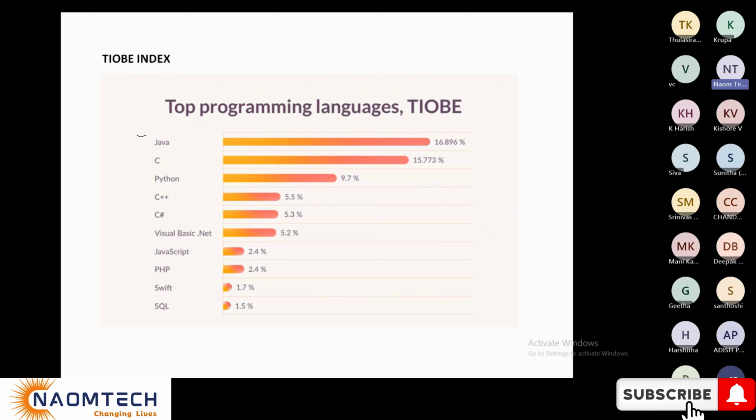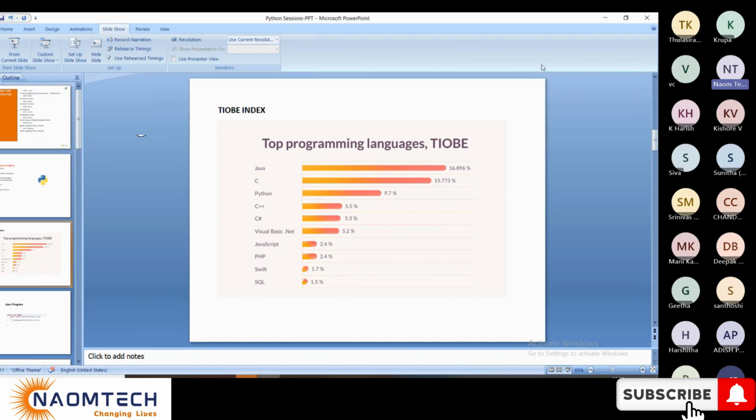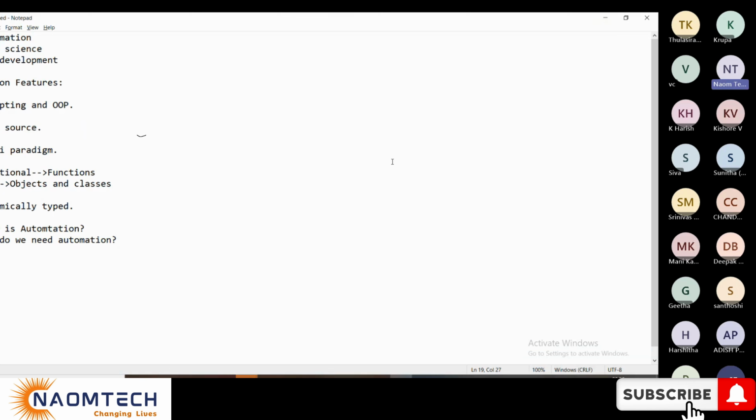But every programming language has its importance. Java has its importance, Python has its importance, C has its importance, C++ has its importance. And maybe if you ask me, why should I learn Python? Why not Java? My point is simple, because I don't want to sell anything here. If you are able to learn one language properly, you are able to do all other languages more or less at the same level.